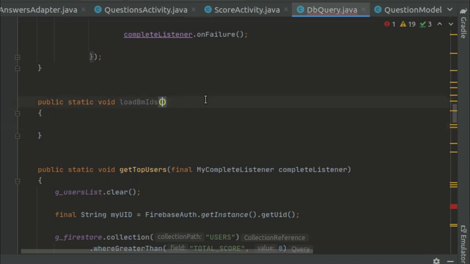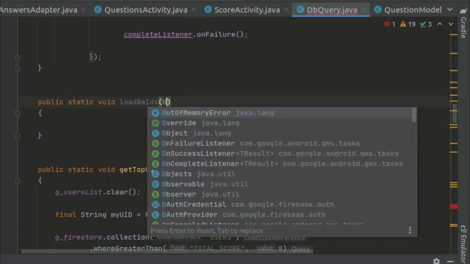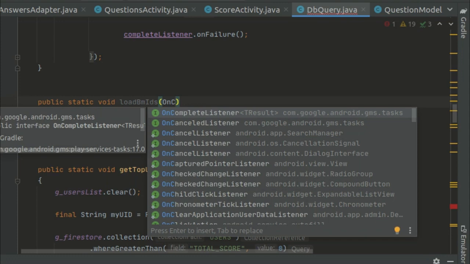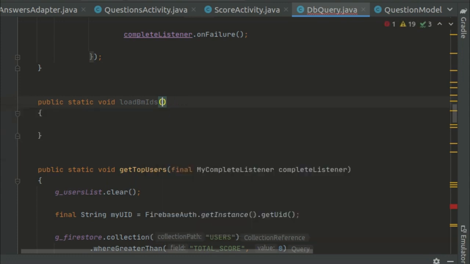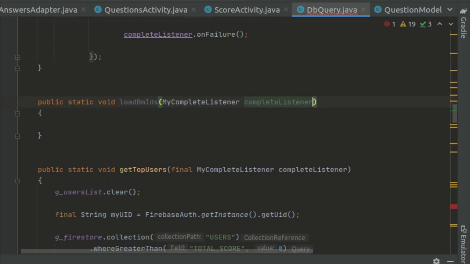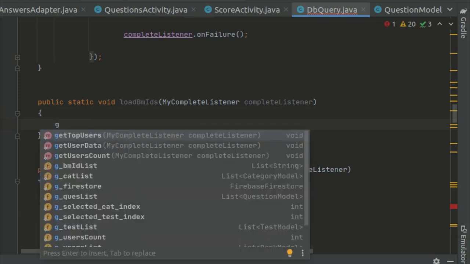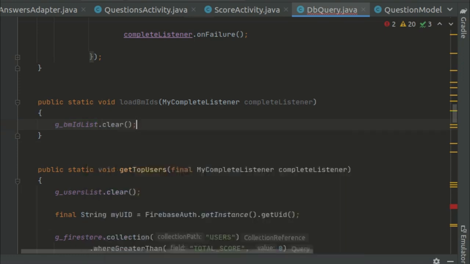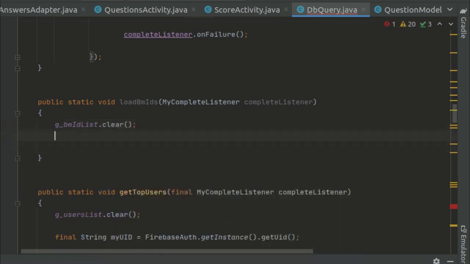And in this we need a MyCompleteListener, sorry, not OnCompleteListener, and we name it completeListener. And here we will first clear this bmid list, g_bmIDList.clear, and then we will fetch this list